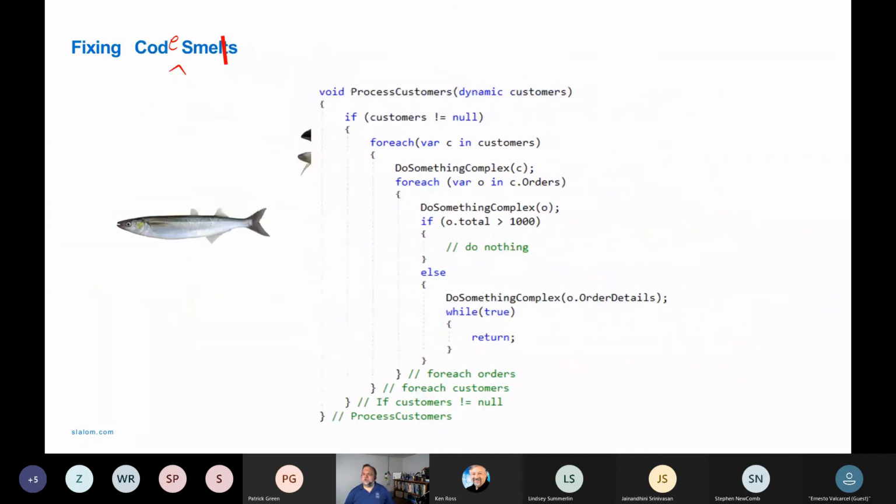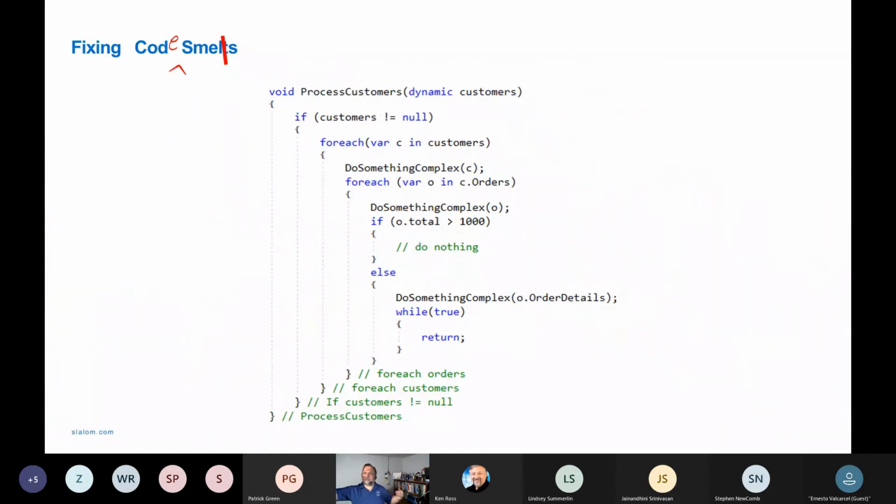We've all probably seen code that looks something like this. We have a big, long list of code that has multiple nested indentations, and lots of different kinds of things happening here. It's really impossible to unit test because there are too many side effects happening inside. And on this one, where it said do nothing, well, how about if I flip that around and have no else clause, flip the inverse of the condition around. So it would be nice if we could have tooling which could look at this and try to guide us